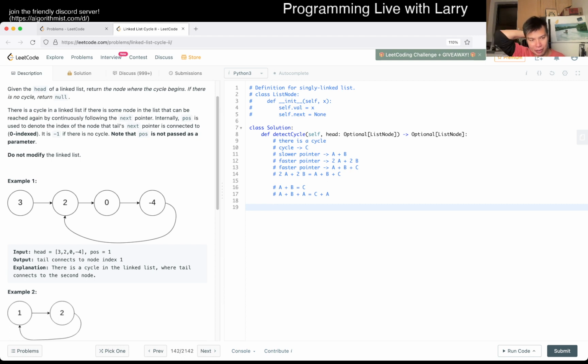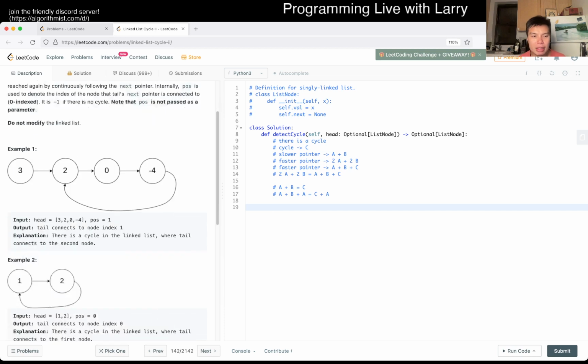And I don't put any effort into memorizing this because it's whatever. But that said, that's actually amazing. So that allows us, that's it, right? The tail, if you send a second slow pointer, they intersect at the starting point.